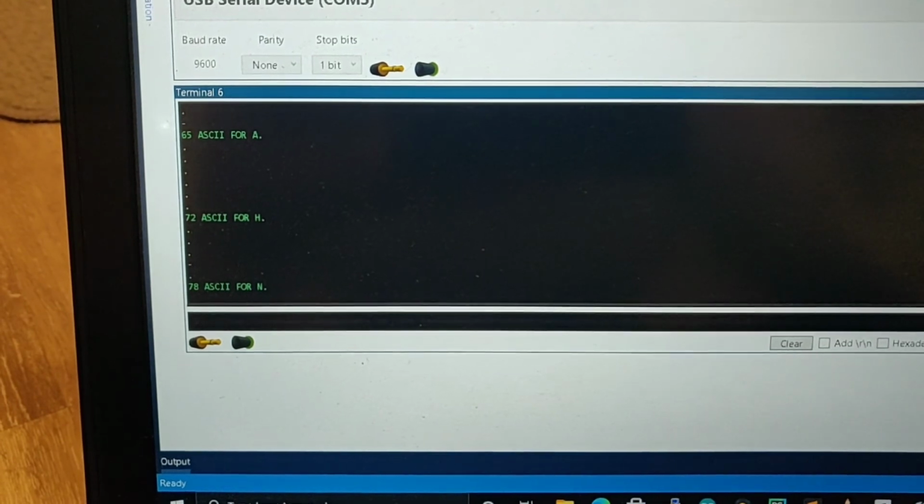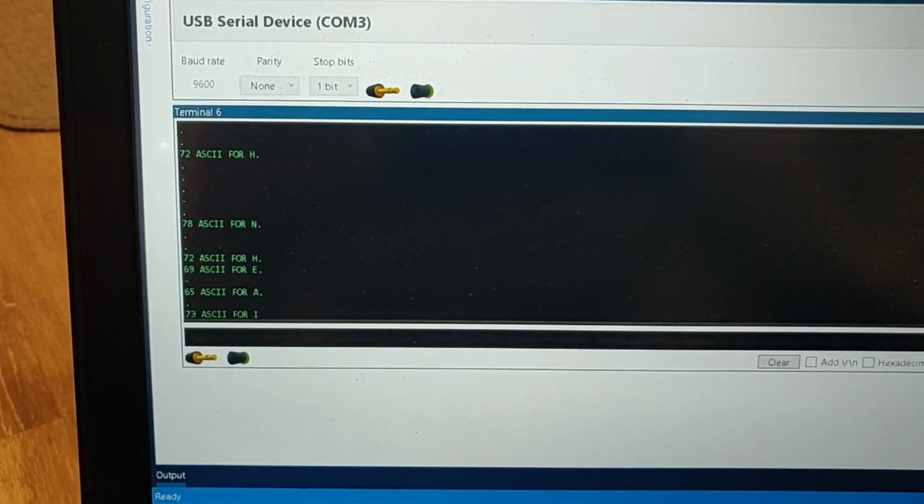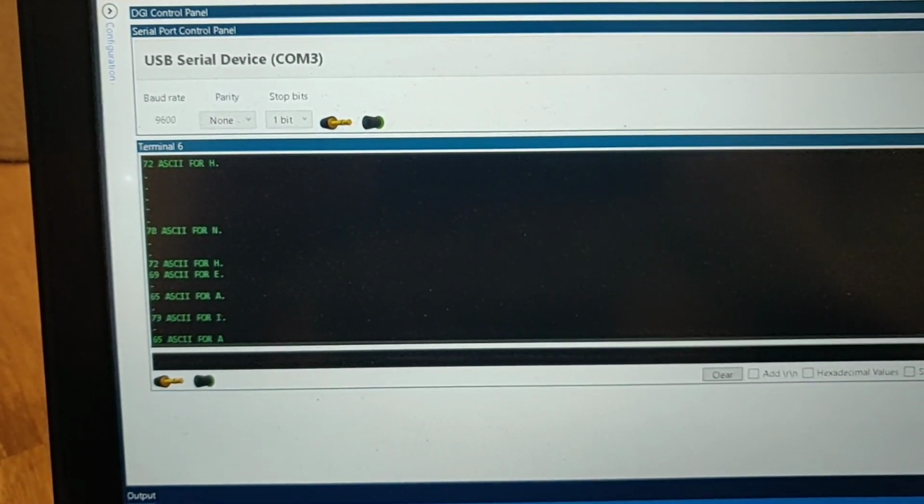Yeah, so as you can see there are different letters, there are numbers coming up, so that's a good sign. I've checked for all letters and all numbers and they've all come out